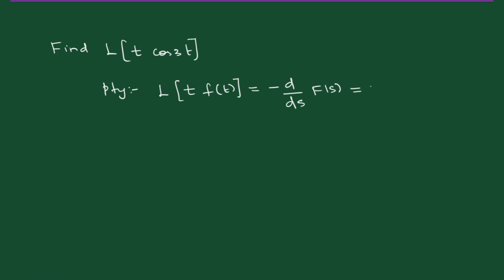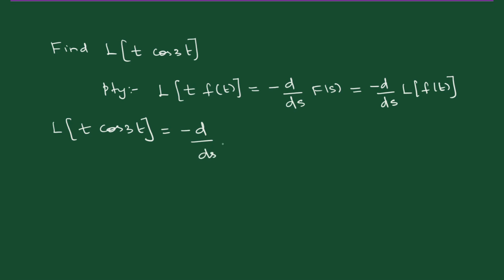F of s is nothing but L of f of t. So we can also write like this. So now we can apply this property over here. So L of t cos 3t is equal to minus d by ds of L of, in place of f of t, we are having cos 3t. So this is equal to